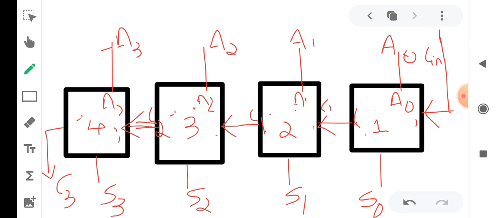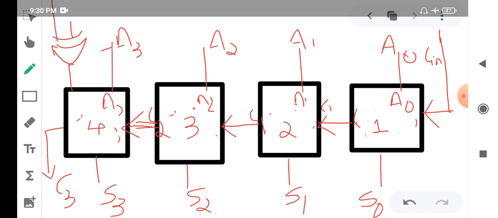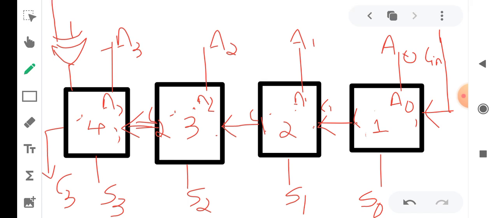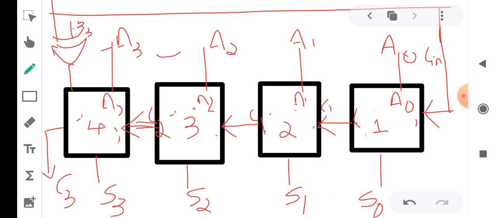Next, I want to have this B. What we do, we XOR it with C. So that is the main difference. We XOR the input of B with C. With that C, the input received in C, you XOR it. So this is your B3. Next, once again we are XORing this with